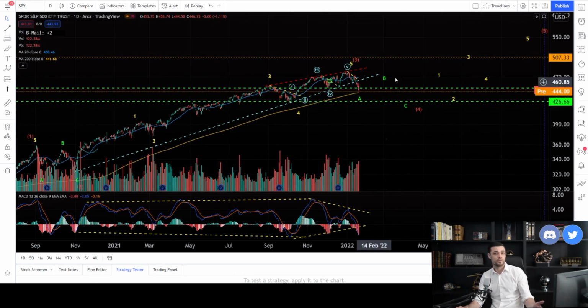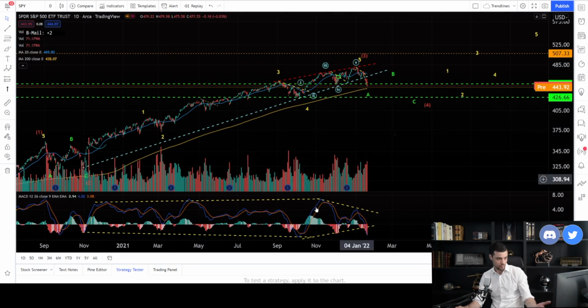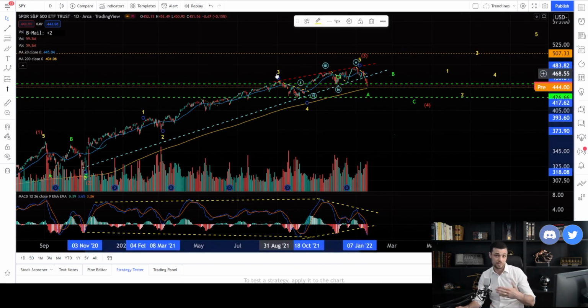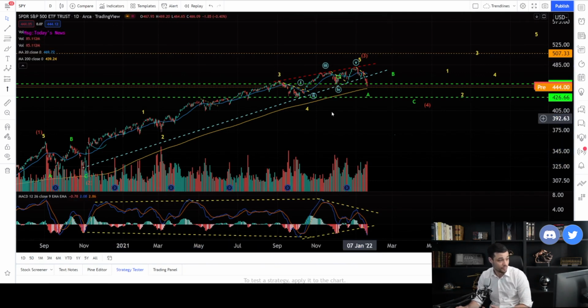So we're probably going to have an ABC. The question is, is the A wave complete? So let's find some supports. As you guys know, whenever we have a correction, it usually goes to the top of the third or bottom of the fourth. So let's check the preceding wave counting. Third wave is here, guys. Fourth wave is at 420. So either we go to 450 or to 420. We broke 450 yesterday, and it was too close to the breakout of this trend line.